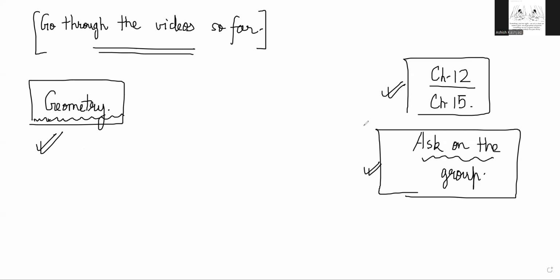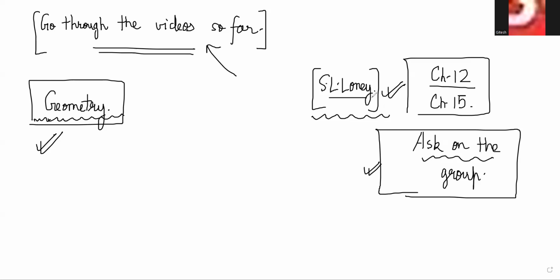But if you are struggling in trigonometry, you need to work on SL only first, and then after that, you need to watch the videos that we have done and all the problems that we have solved. If you do that, you will be at a similar level, and you will also be able to solve trigonometry problems. It should be fine if you watch the 9-10 videos properly. And watching doesn't mean just sitting and listening without doing anything. That won't help. If you are looking at the sheets, trying the questions and then seeing, then it will help.